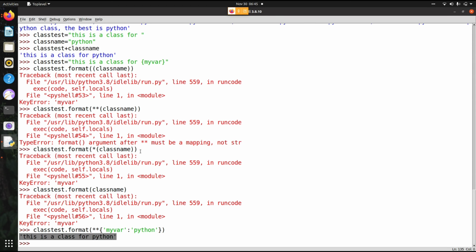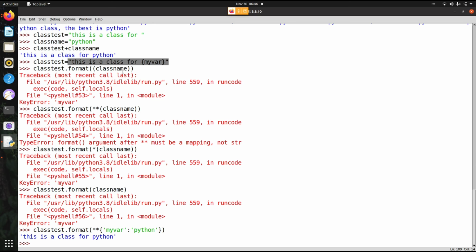Actually this feature is very powerful one. When you are working in your daily work, you can do a lot of things using this. You have a huge paragraph and several things to replace in it.